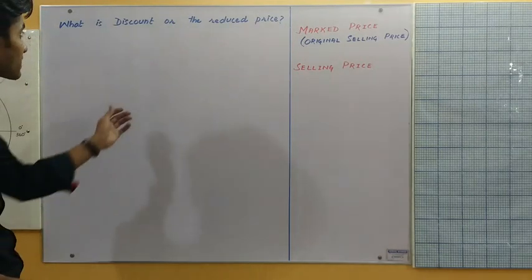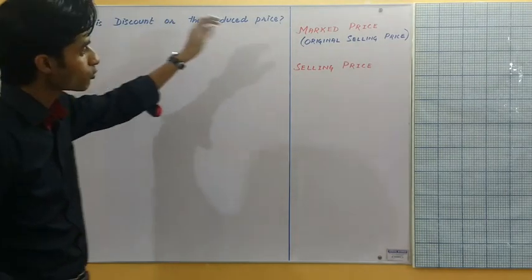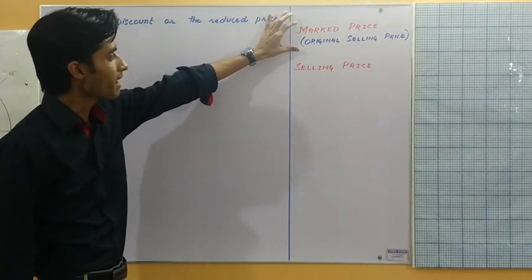Everyone, we are going to discuss what is discount. This is one subtopic in our main topic, mathematics application, that is chapter number 5 of our book 2. We'll be starting discussing discount, but before discount, there are two things that I want you to understand: mark price